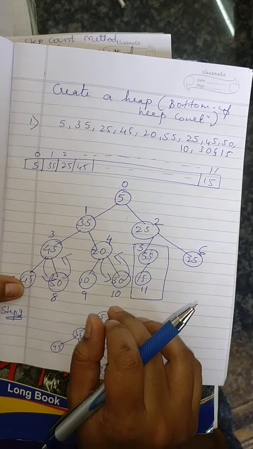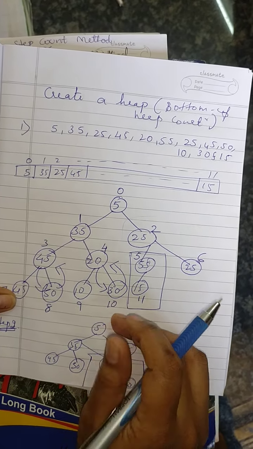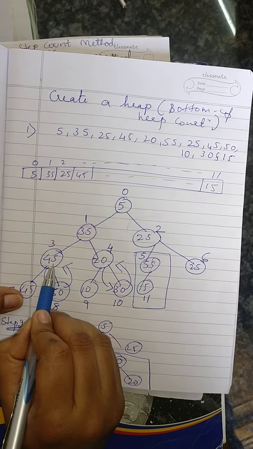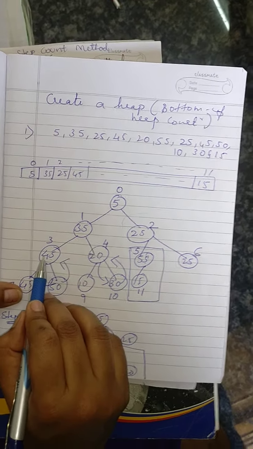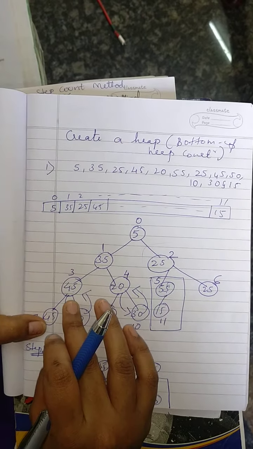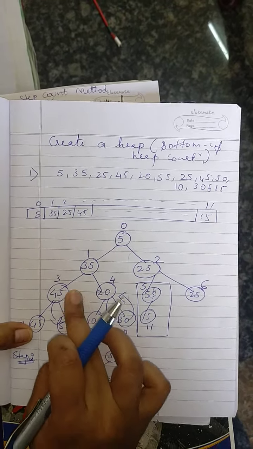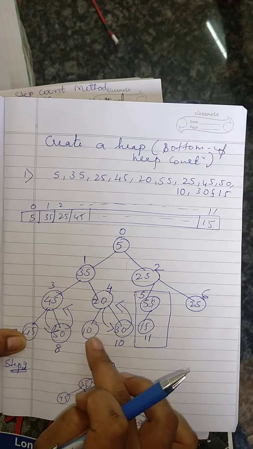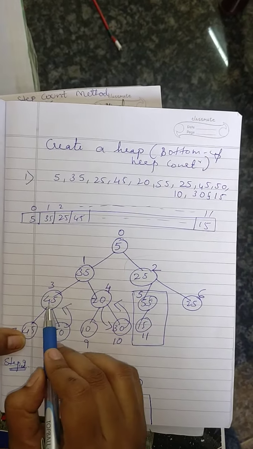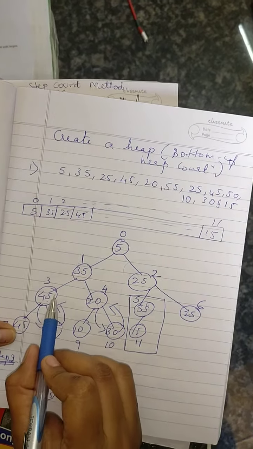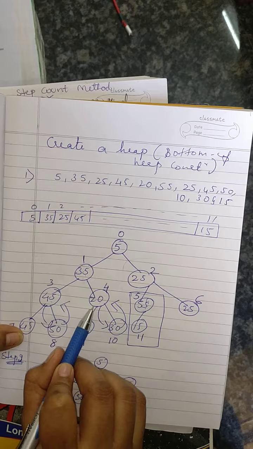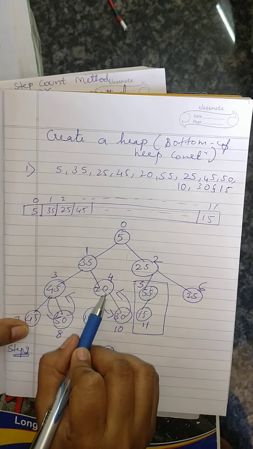Okay, next consider the last leafy node, that is 35. What you have to do, you have to compare the item 35 with its children. Now after you do this, I think you will get the item 35 with its children 50 and 20, because this will get exchanged, correct? 50 and this will be 20 only, correct? Yes. Now 35 is less than 50? Yes. So what you have to do, you have to swap. So 50 comes here, 35 comes here, and 30 comes here, correct?